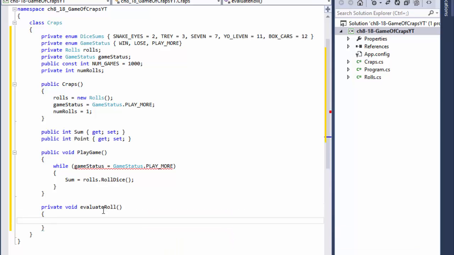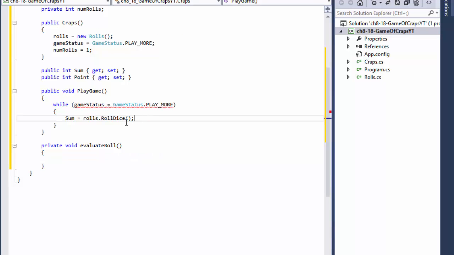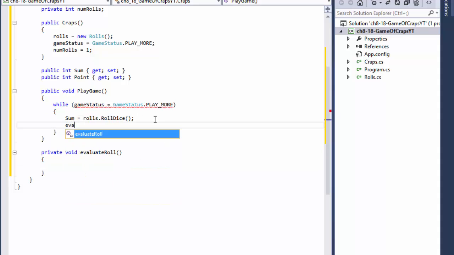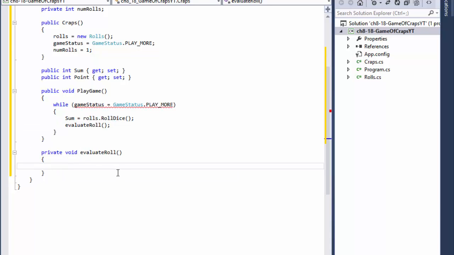After we get the sum, I'm going to call this method evaluate roll, and basically it will set the game status, and it will set everything, the point, within this method. So we are going to use a switch statement to evaluate the